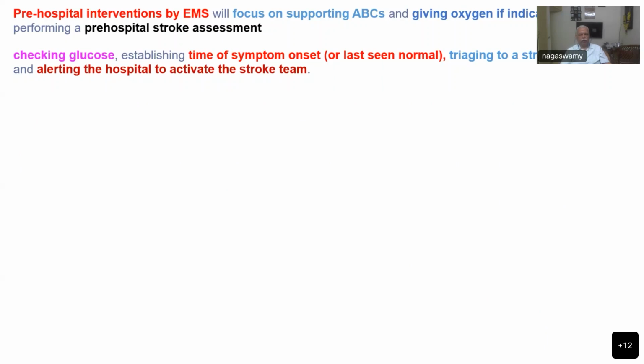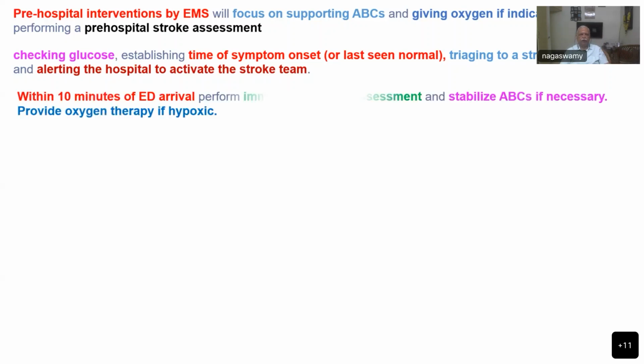They are given importance to checking glucose because hypoglycemia many times may mimic a stroke, but it is an easily reversible condition by just pushing some glucose into the body. So checking the glucose is vital whenever a patient is being transported with the suspicion of stroke. Then comes the establishment of the time, because as I said earlier, now stroke management is time oriented or based on the time that is identified and the treatment started. So the time of onset is very important, and then triaging in the stroke center and alerting the hospital to